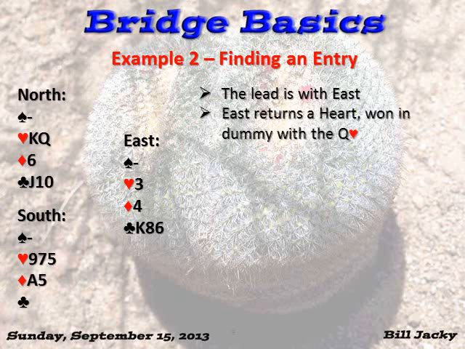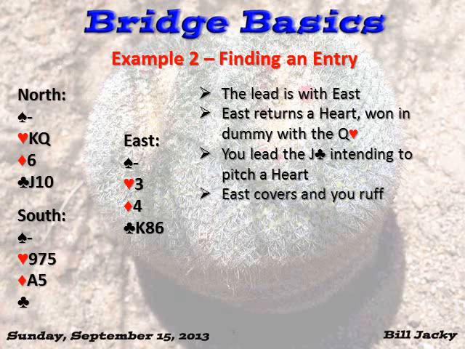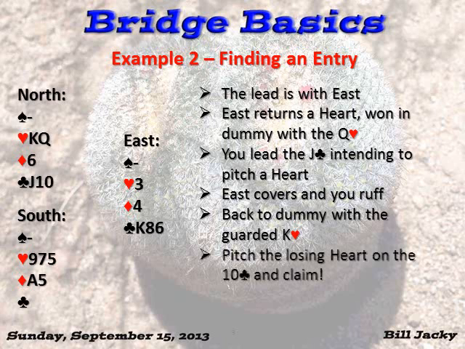East returns a heart. It wins in dummy with the queen of hearts. Now you lead the jack of clubs, intending to pitch a heart unless East plays up. Well, East plays up, and now you ruff. Back to dummy with the king of hearts entry, which you needed. You pitch a losing heart on the 10 of clubs and claim. That's all great and good, but